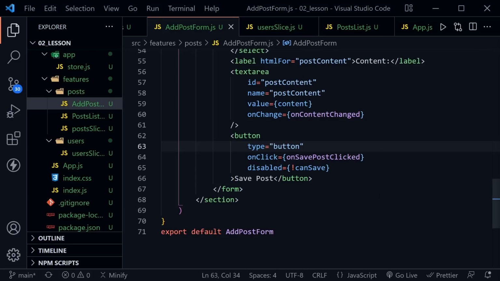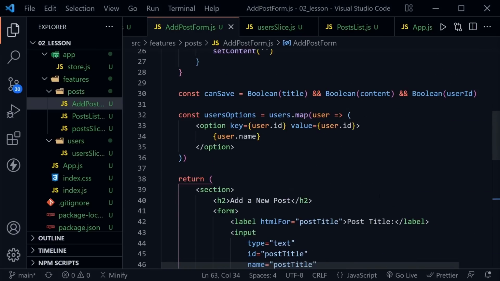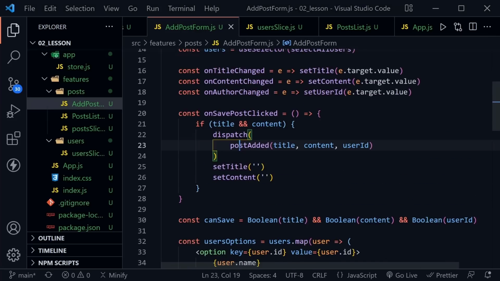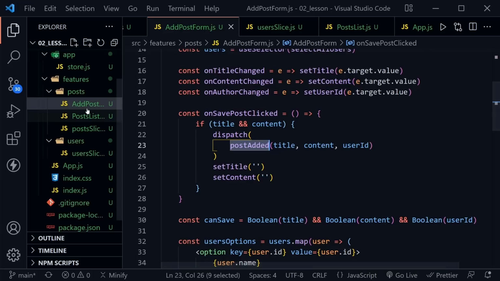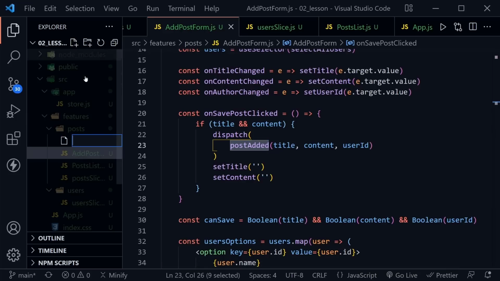Now we're sending the user ID from our form as we dispatch our post added function. So we're sending all this back to the prepare callback that then gets added as a payload. But what we haven't done yet is set anything to actually display the author. So we need to do that next, and we'll do that by creating a new component inside of the posts feature. So here we go, and let's call this post